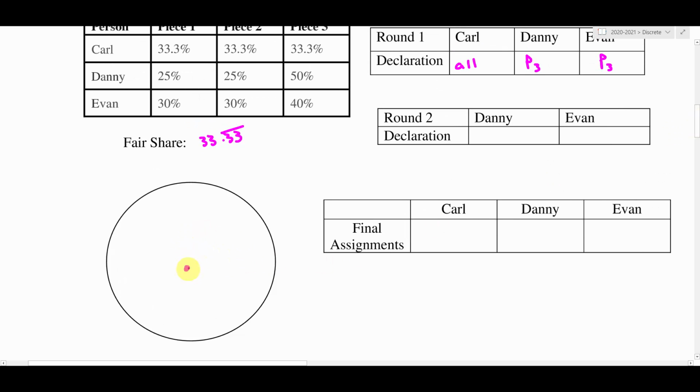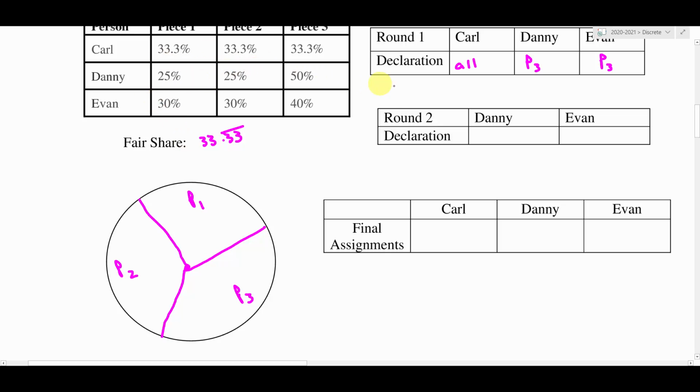Carl went in, here's our cake, and he cut this thing up into 3 pieces. And let's say these are the 3 pieces that he created, and that was horrible. Let me get that last one. Maybe I can do that one a little bit better. There we go. All right, and you can say, okay, hey, here's piece 1, here's piece 2, and here's piece 3, and we